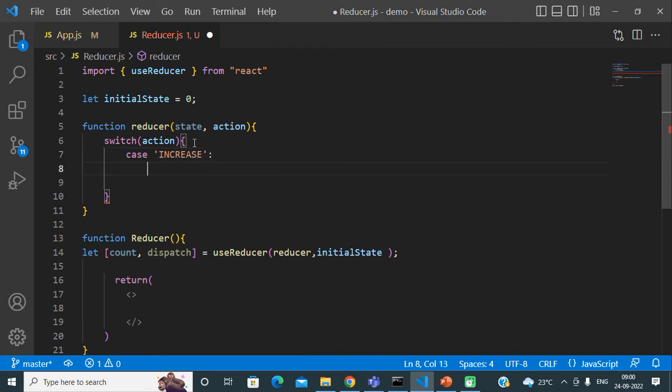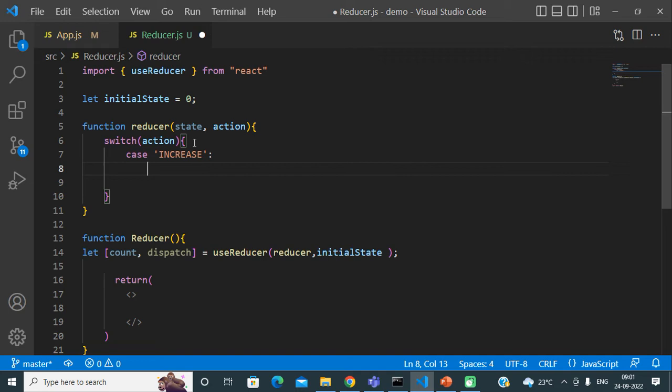So what will happen in this increase case? When the user clicks on the increase button, we want to dispatch the increase action on our component state. In that case, what is our expectation? Our component state should get updated by 1 each and every time.